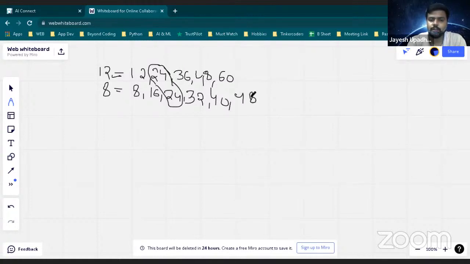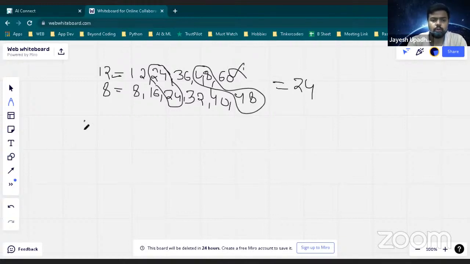So we will not take 48 because 48 is not the lowest common multiple. We are looking for the lowest common multiple. सबसे कम जो multiple value, तो सबसे कम 12 में 24 और 8 की 24, ये दोनों में कॉमन भी है और छोटे भी है. That's why we are taking it, और 48 को हम नहीं ले रहे हैं. तो आंसर, that's why you are getting 24.